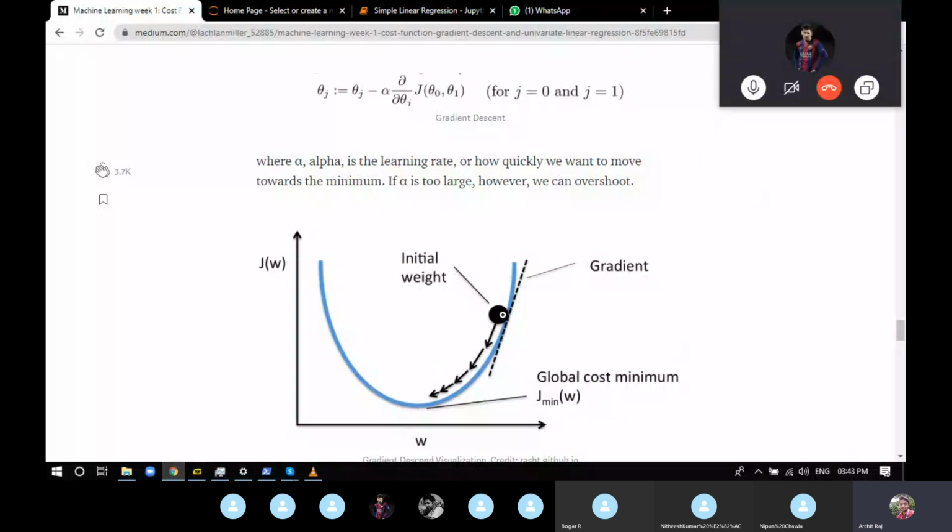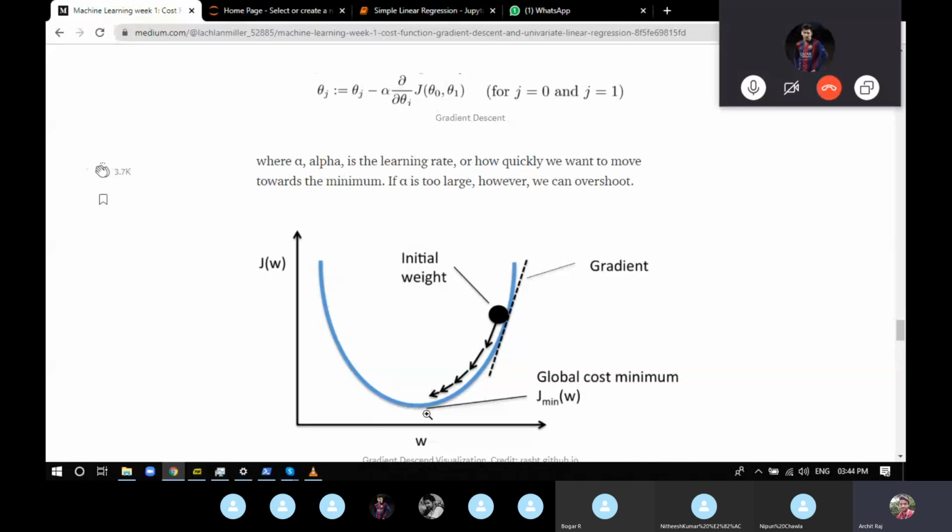We got the gradient, and now from the initial weight we subtract the gradient and then find the slope again. The next time, the point will be here, so we'll have a bit lesser slope, and the next time you'll again subtract, so you'll have a bit lesser slope. We keep going till you have the least slope.